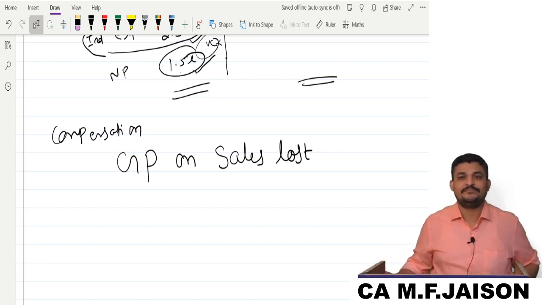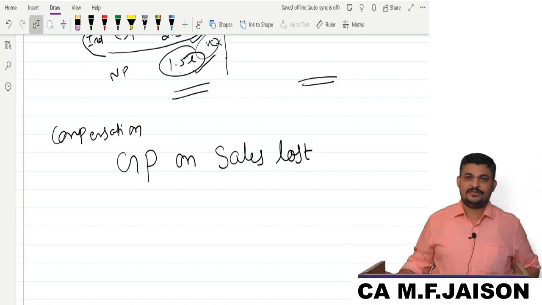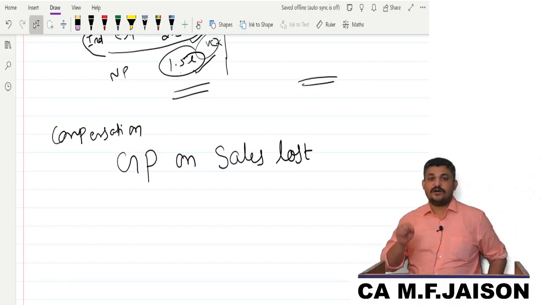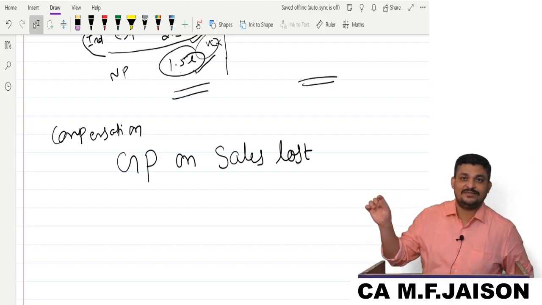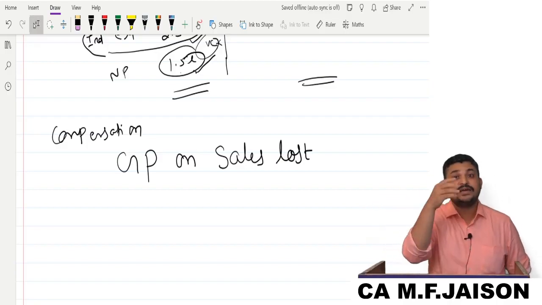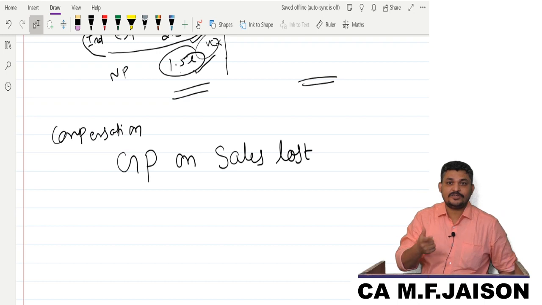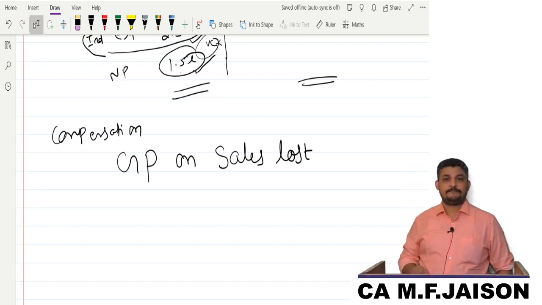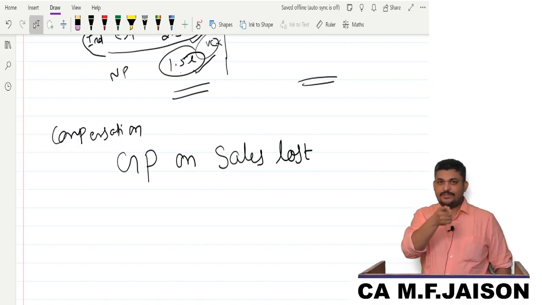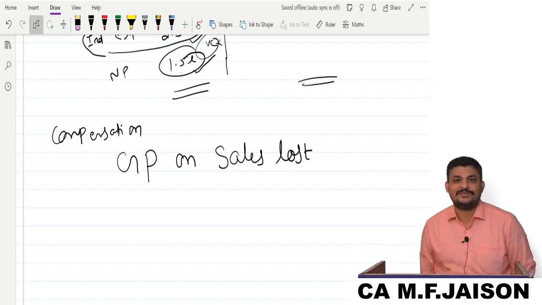What is indemnity period? The period mentioned in the policy. But if I ask you, for how long will they give you compensation? They will give you compensation for the indemnity period. You can't blindly say that, because sometimes you have mentioned as indemnity period 7 months. You are the insurance company, na? You have mentioned how many months?